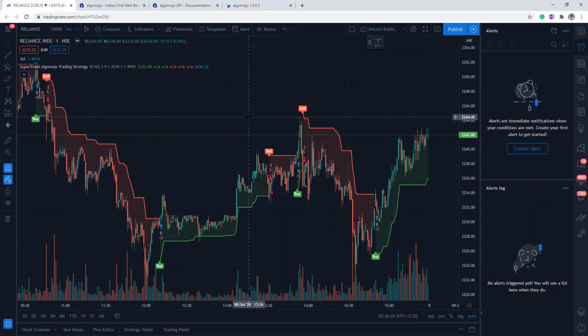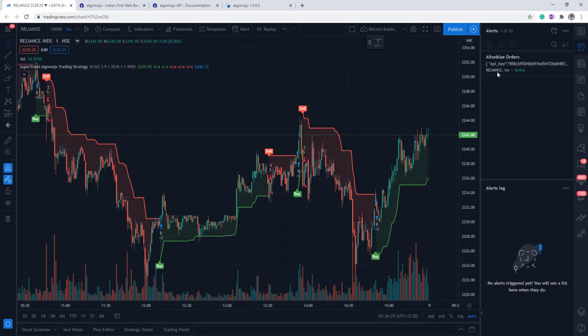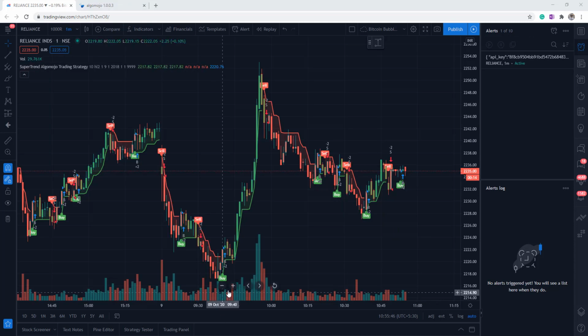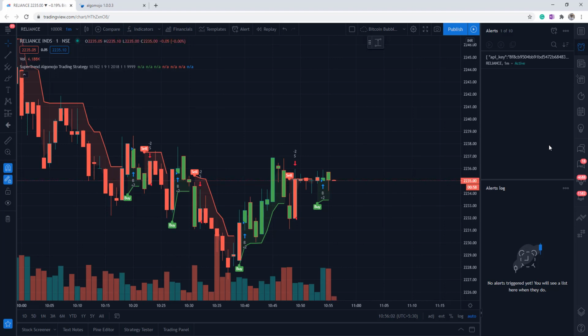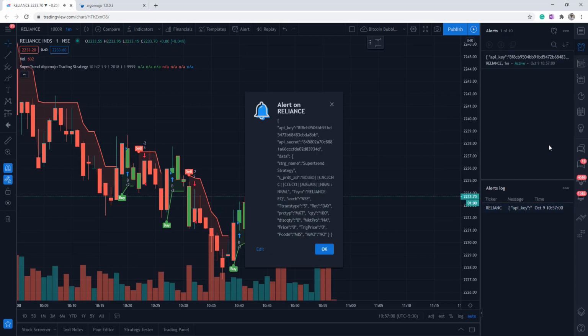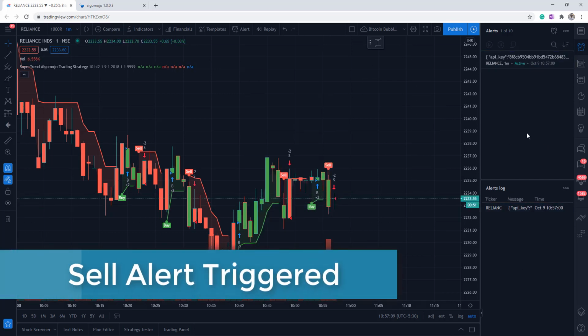Now let me create this alert. So once I create the alert, I'll be automatically able to see the alert under the alert section. So from the alert box you can pull out over here, and now let me show you some of the live executions of Reliance charts. So Reliance, currently the buy signal is going on, and the supports are around 2233 levels. Break of that level, it could trigger signals on the close of the candle basis. Of course, the levels has been broken now. Anytime we can expect a signal. The signal has been triggered, so automatically you can see the alerts getting triggered over here.